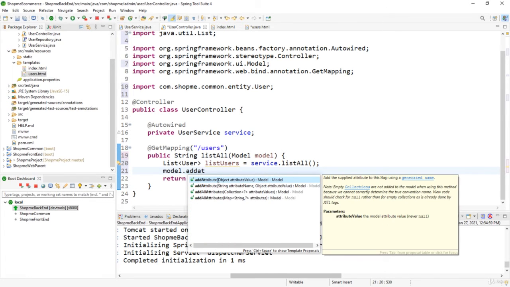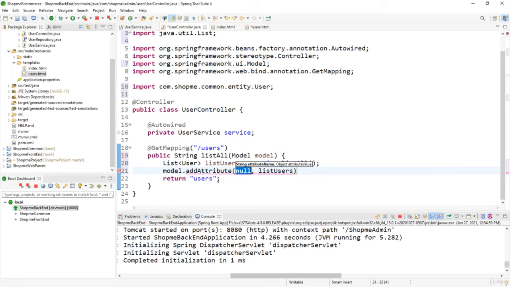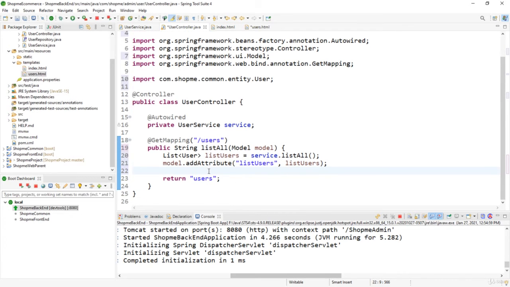Add attribute here with the name listUsers, and the object is a list collection, and this list of user objects will be available in the view users. Okay,